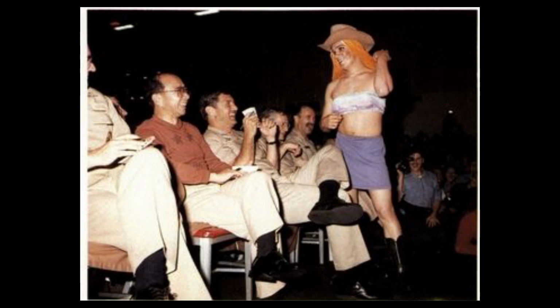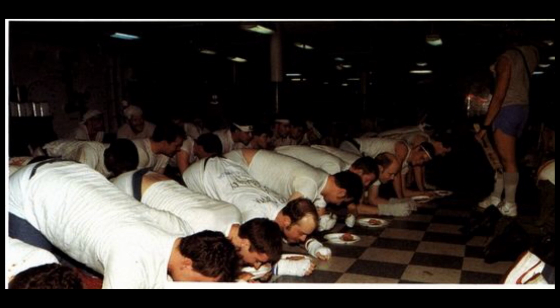But that's their tool for the day, the shillelaghs, and you're not allowed to be off your hands and knees the entire day. For the entire day, you are on your hands and knees, and they drag you through this whole process. They yank you out of bed. You go to wog breakfast. They go through the mess hall. They make you eat a bunch of crap. They store up trash for days and weeks before, and they feed you these rotten eggs and whatever kind of garbage, and then they make you eat it. They're beating you with these shillelaghs. You're crawling around on your hands and knees, and so you get wog breakfast,